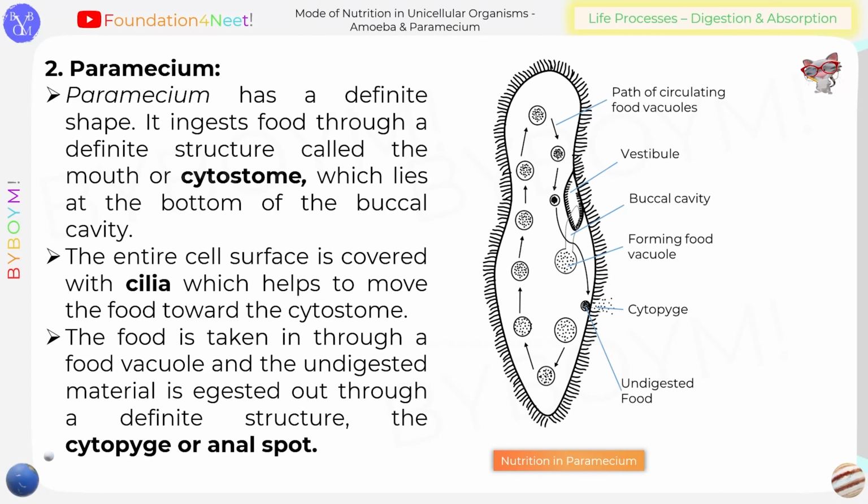So in contrast to amoeba, which does not have a fixed shape, paramecium has a fixed shape and fixed structures through which it takes in food particles and through which it excretes out the waste particles. The first structure of importance is cytostome or mouth, and the next structure of importance is cytopyge, through which undigested food material is